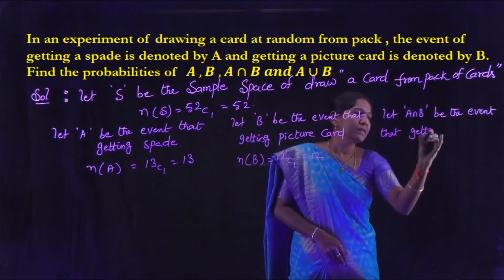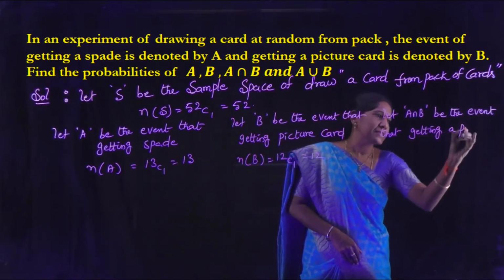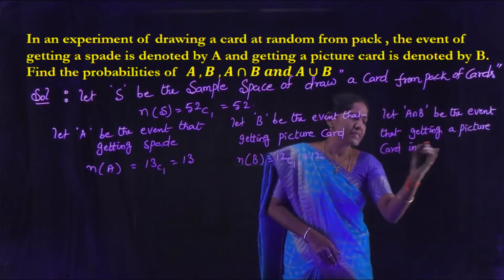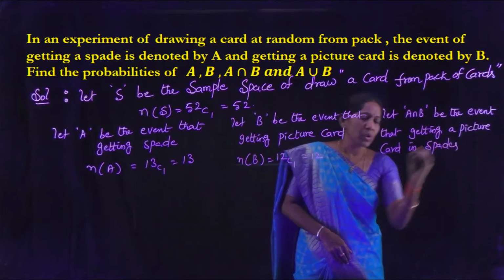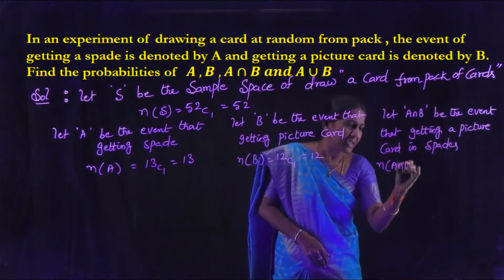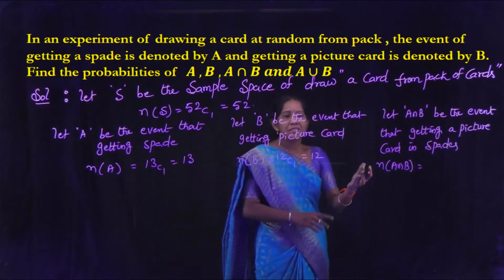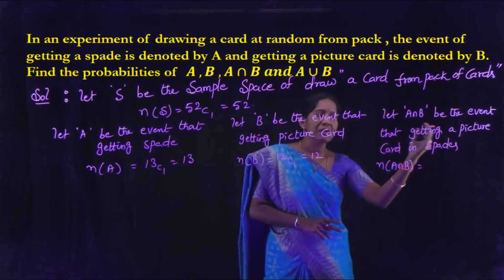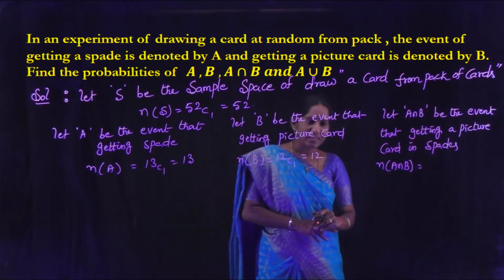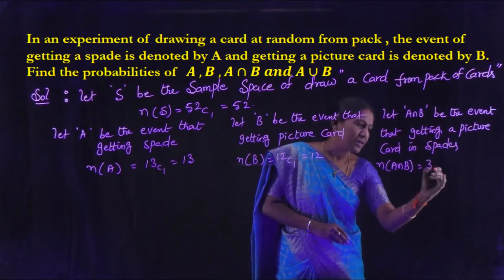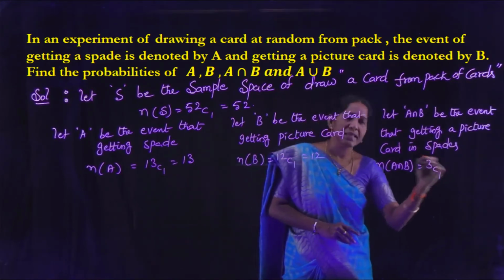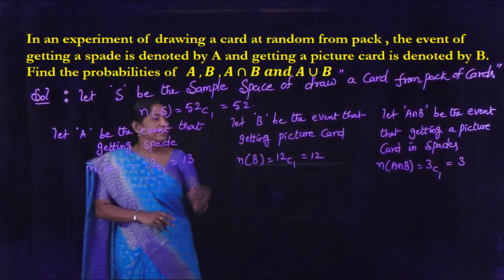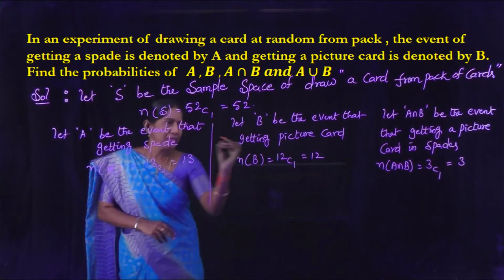And let A intersection B be the event of getting a picture card in spades. So n of A intersection B: the spades set contains 3 picture cards. So getting a picture card in spades means out of those 3 picture cards, getting a picture card, that is 3 C1. So n of A intersection B equal to 3 C1, that value is 3. Therefore